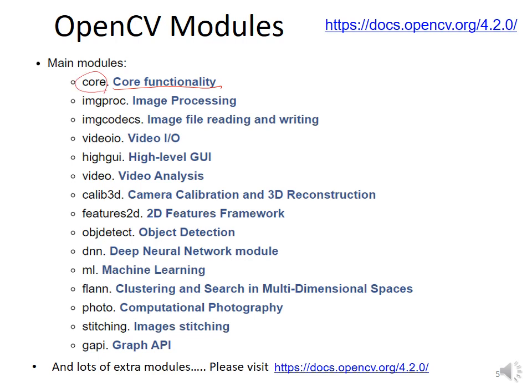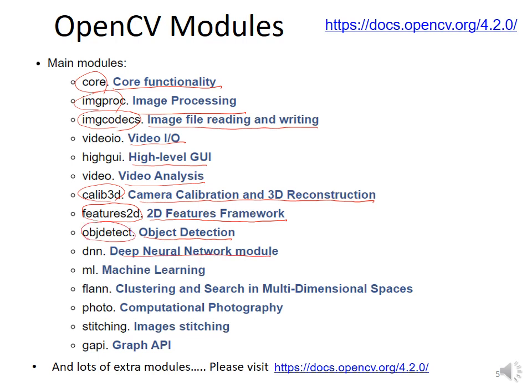It's a name of the module, core, and the image processing, and the image file reading and writing, image codecs, video I/O, high level GUI, that is a graphic user interface, and the video analysis, camera calibration and the 3D reconstruction, Calib 3D, 2D feature framework, features 2D, the object detection, object detect, deep neural network module, it's a DNN, machine learning is a ML, the clustering and the search in multidimensional space, it is FLANN,